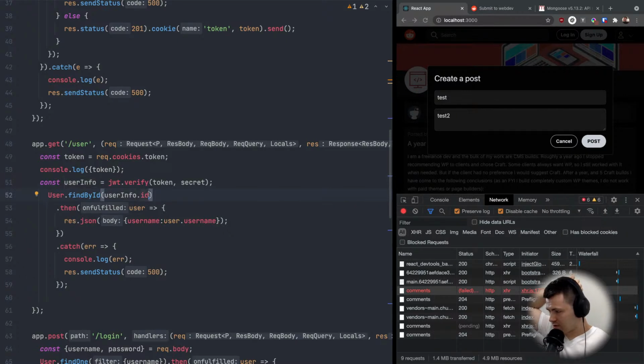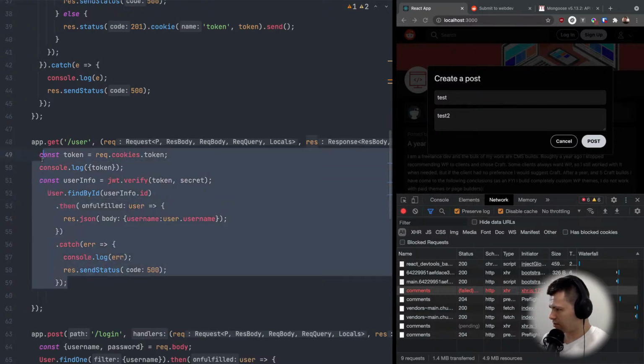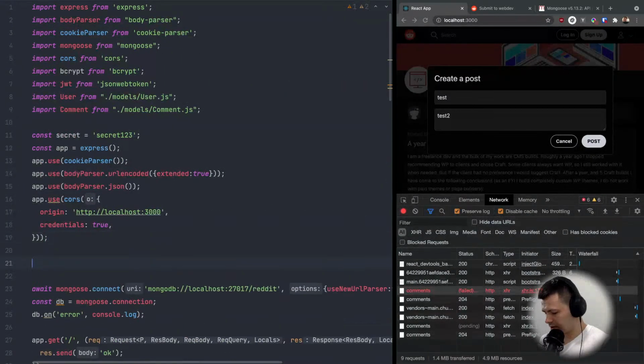We are getting user ID. Okay, I think I will put this in a separate function so we can use it here and at the bottom in our new API endpoint. So let me copy everything, and I will go to the top, and I will make it prettier later, but for now let's do